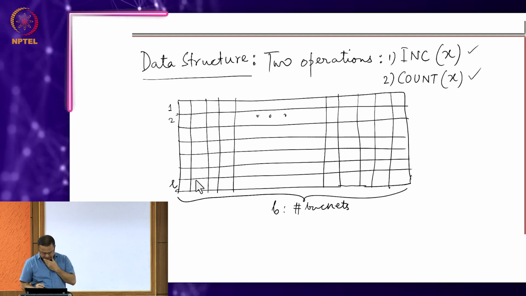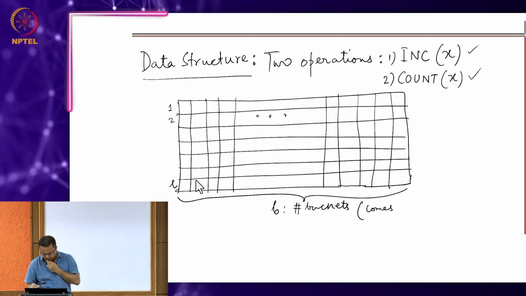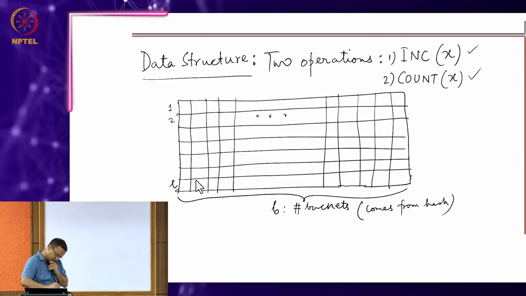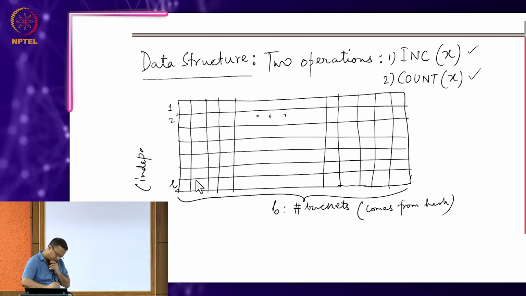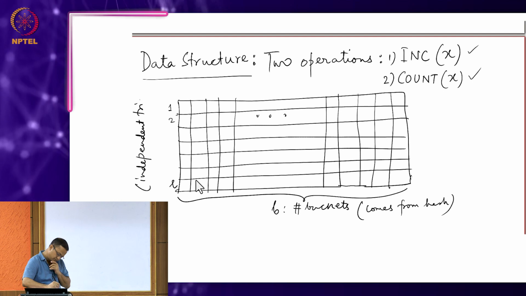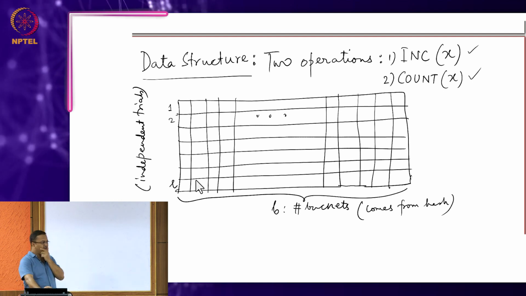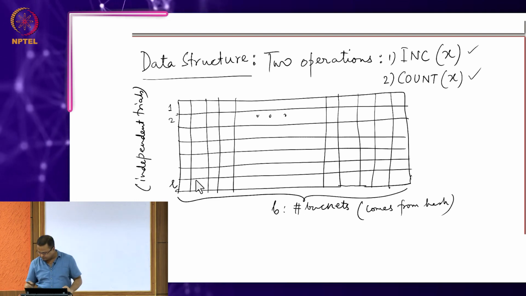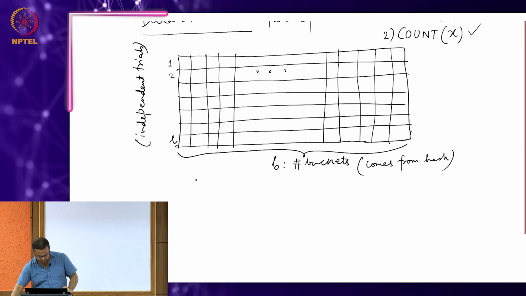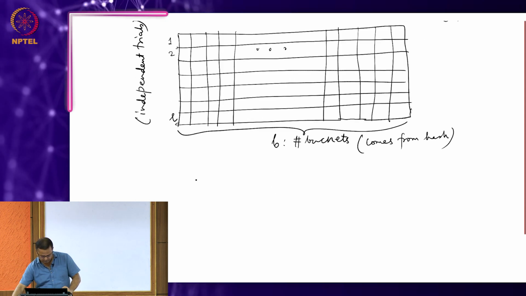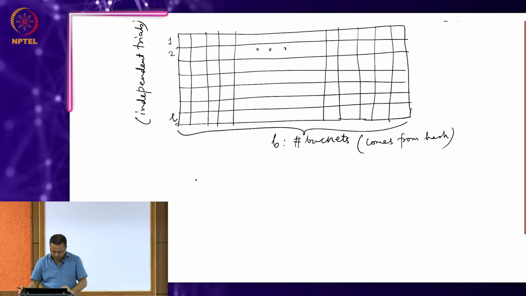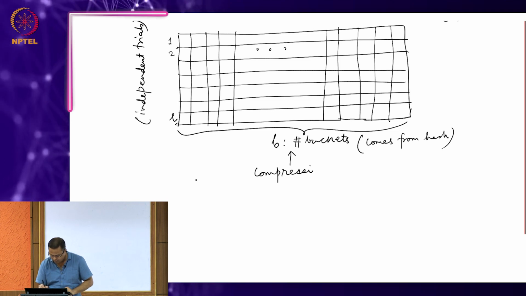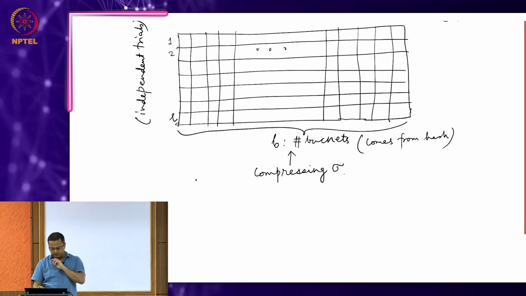As I said, this comes from a hash, and these come from your independent channels. Okay. So, this is for compressing stream sigma